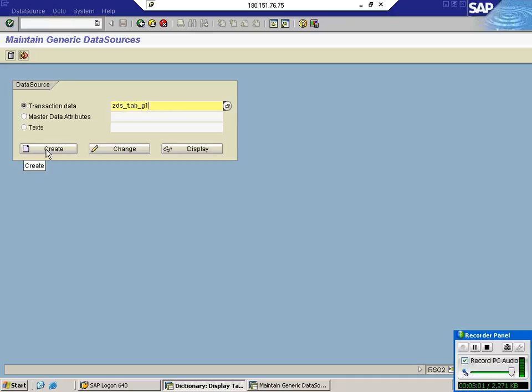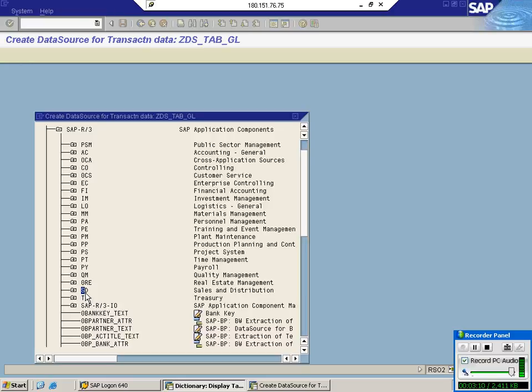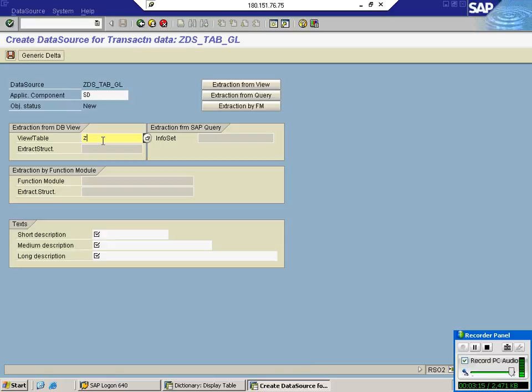Give the data source name. Create. So browse and choose the application for which you want to assign this. I'm just going with sales and distribution. So what is it asking? The tabular view on which you want to generate the data source.